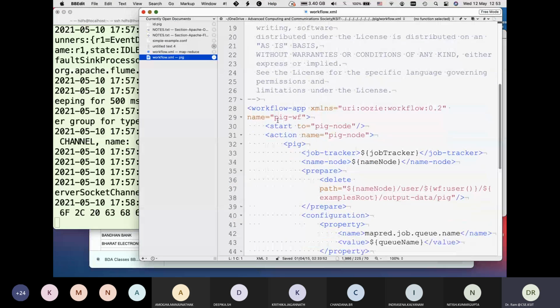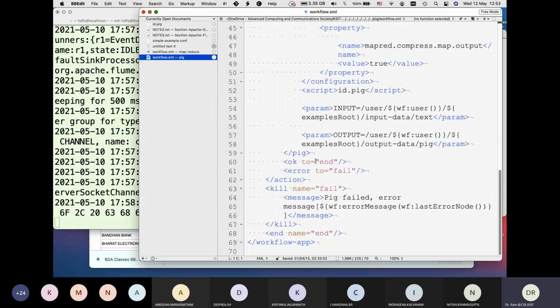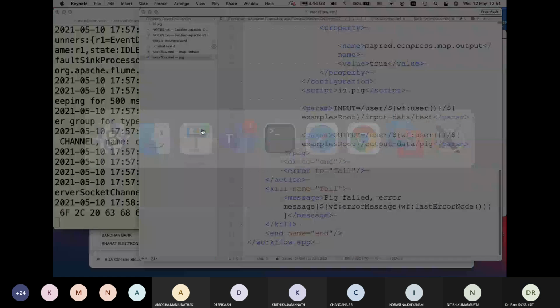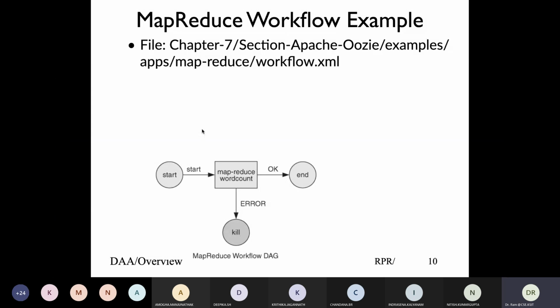Again, you would see start, action, Pig node, and a simple script, but you can look at complicated ones and understand how things work. So that was about Oozie.